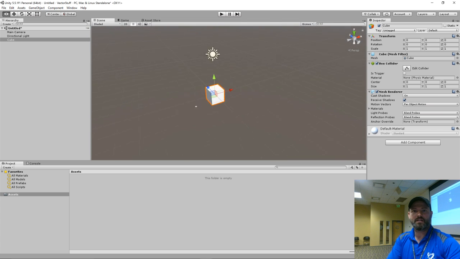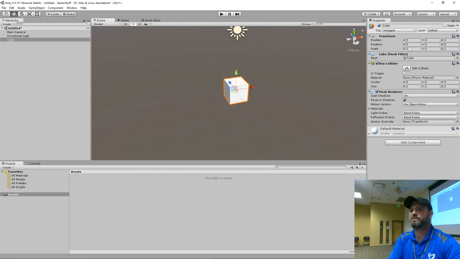There it is. Okay, so do you see that there's an X, Y, and Z for the position? All right, you see how it's at 0, 0, 0? And if I move this, you will see that those positions move, right? That is a point in space that it's saying is there.